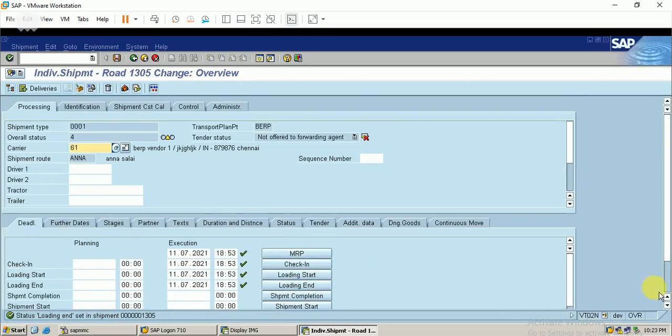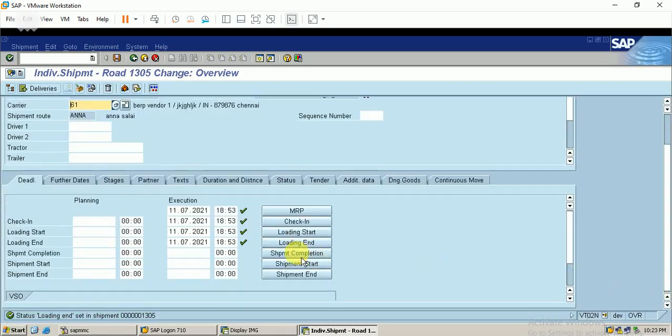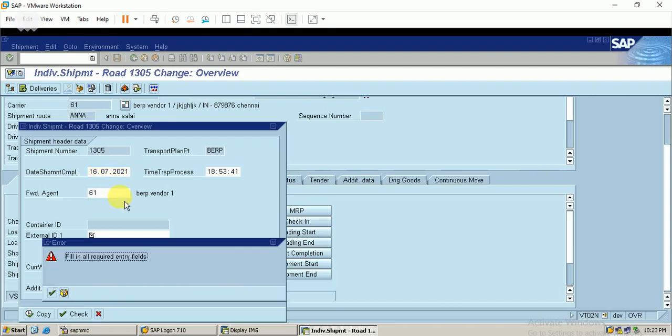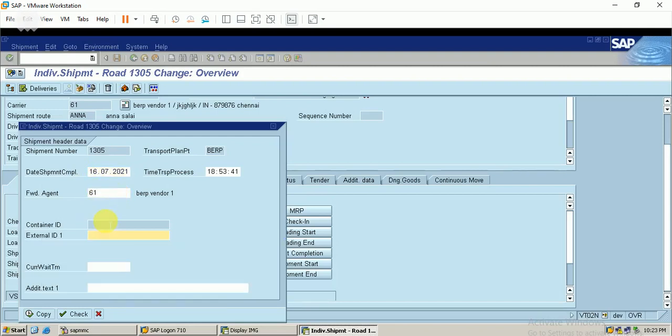The next is shipment completion, the date of shipment completion. Just change the date to 16, as in our sales order.